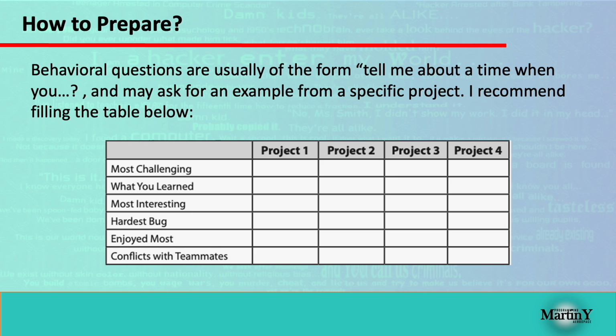The standard questions about your behavior are normally asking you to tell about a time that you did something. So you need to explain, for example, a time that you did a project, a time that you were part of a team, and how it was in that team. Were you a leader in that team? Were you following in that team? And so on. To simplify that process for you, I created